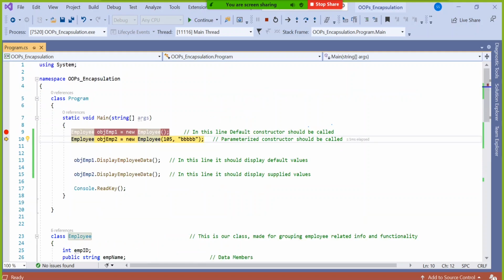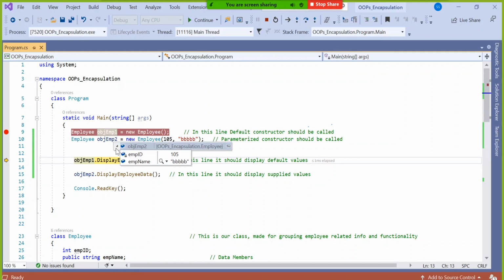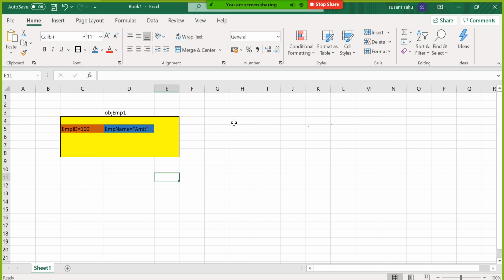Then go for F10. Now you see what is happening to obj EMP2. Inside obj EMP2, it created 105 and BBB, but it didn't disturb obj EMP1. If you take your mouse to obj EMP1, you will still see 100 and Amit. That means it created one more location called obj EMP2, something like this.